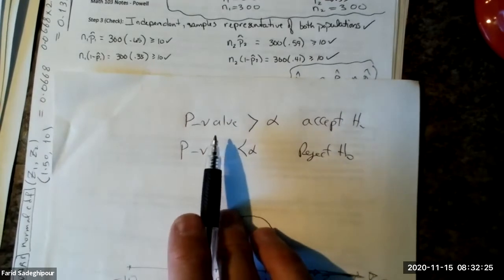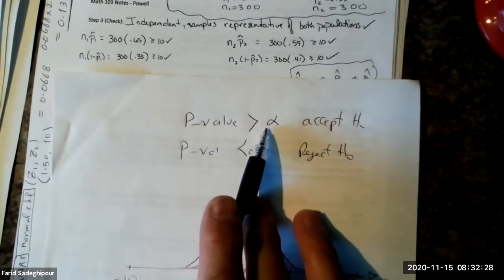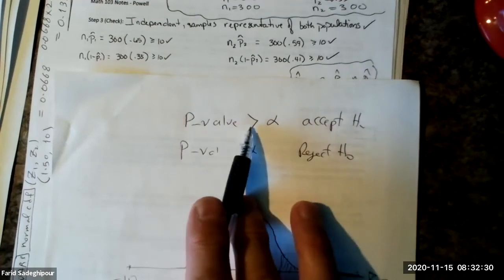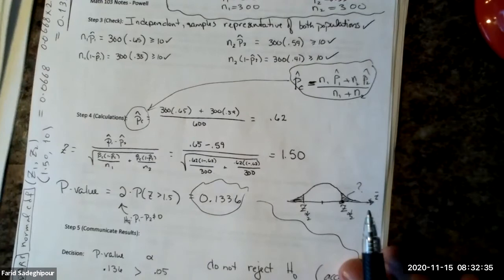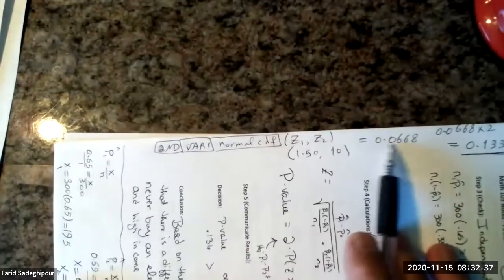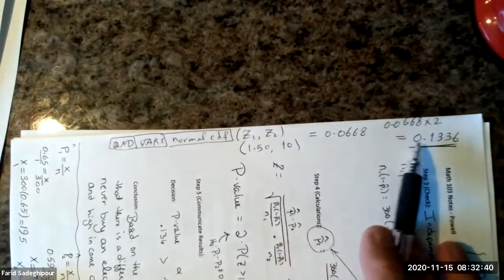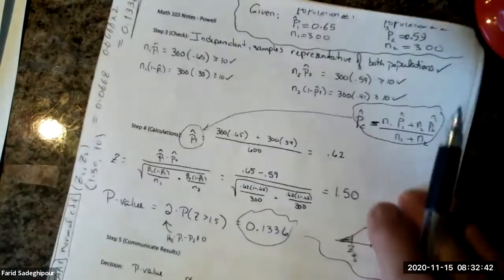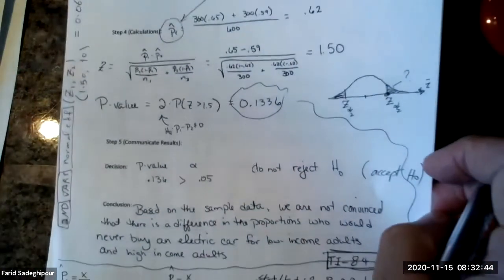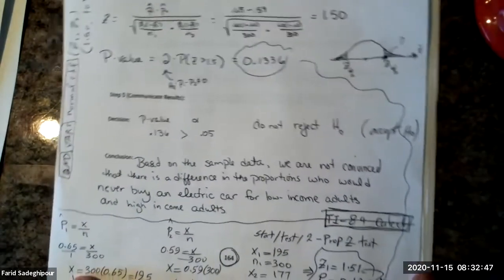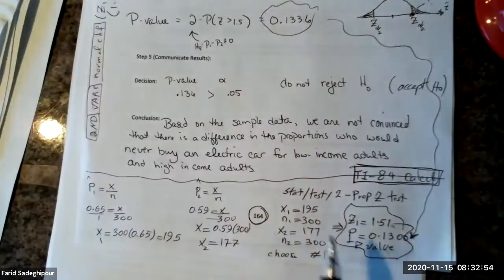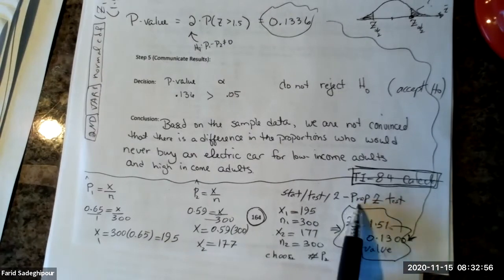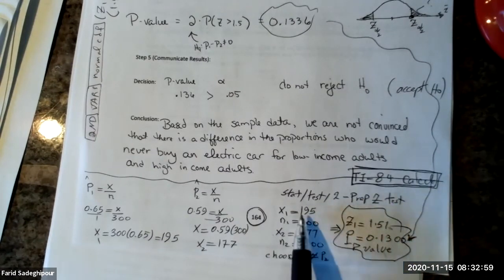We can also find the p-value through the calculator. Alpha is 0.05, given in the problem. P-value, you could either do the calculation or find it through the calculator. If you find the p-value through the calculation, you find this and multiply by 2, which is 0.1336, right? But if you use the calculator, then this is what you have. On the calculator, you go to STAT, TESTS, 1-PropZTest, you put all these numbers,